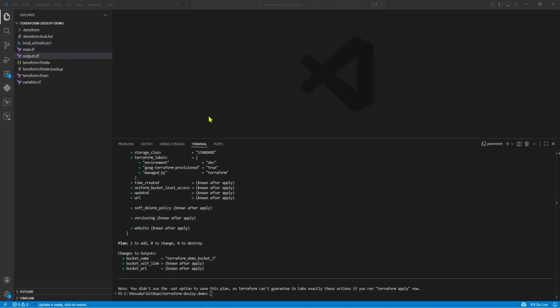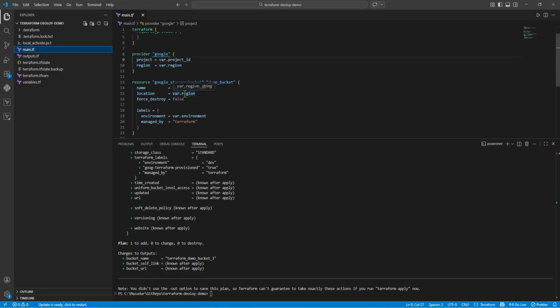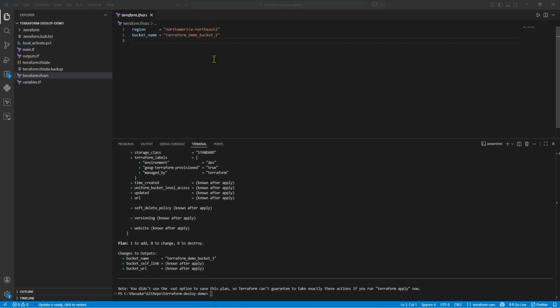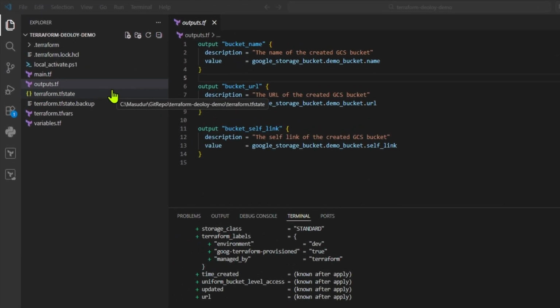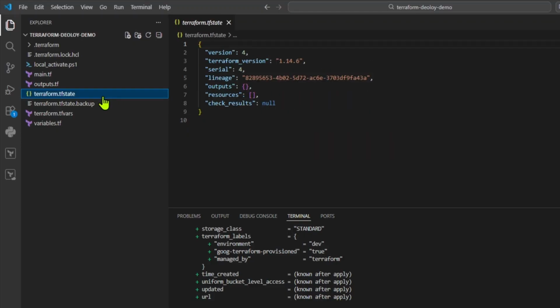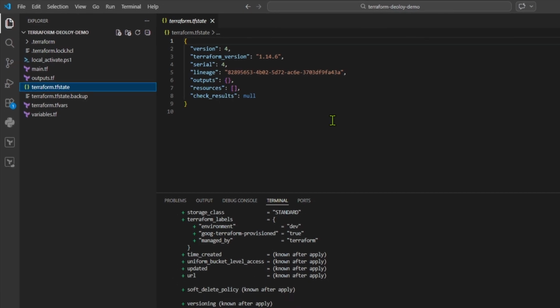Now let's go back to the Terraform project we were working on in our last video. We have created the main file, we declared some variables, also we set up some values for those variables, and finally we have output files to return some values. You notice our state file is created under the same directory, which is default behavior. In a production environment, this file needs to be stored in a secure location. As we are automating our project, let's create a bucket for this, and this is a manual prerequisite step for